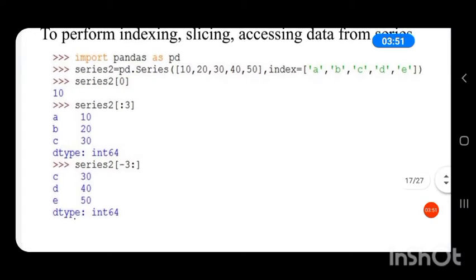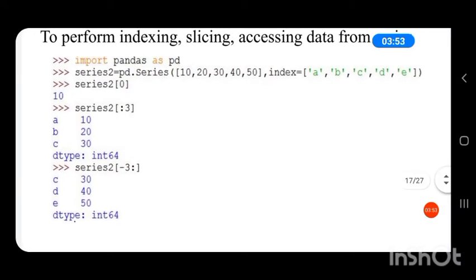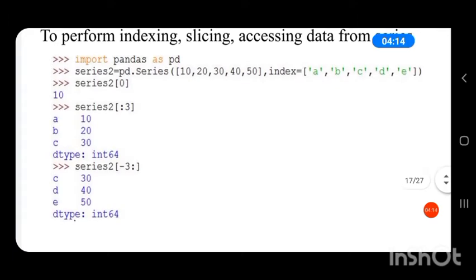So for that, first import pandas as pd. Series 2 is the name of the series. Series 2 is equal to pd.Series, our data 10, 20, 30, 40, 50, that is the list. Then comma index equal to a, b, c, d, e. It is the index value of the data.